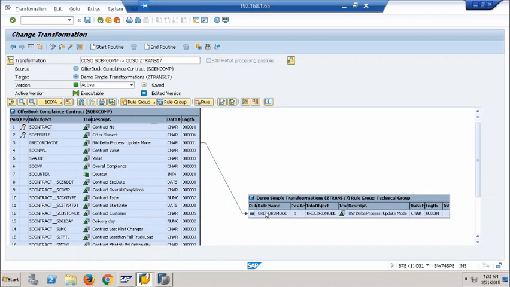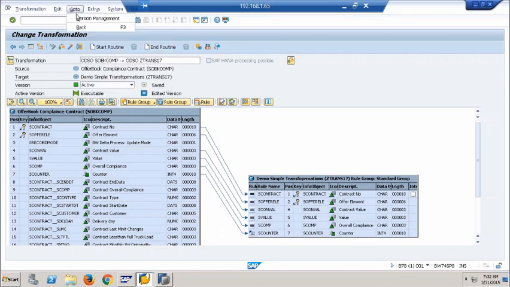Okay. Do you know about expert routine in ABAP? Where you'll have source package, result package. Basically source package is one internal table, result package is one internal table. All the data which is coming from source would be in what? Source package. You start considering those records, manipulate whatever you want, and append it to what? Result package. And the records you append to result package will be getting into target in the expert routine, right? Same way, when you want to implement your scripting,